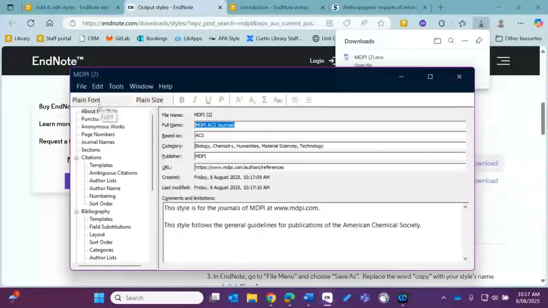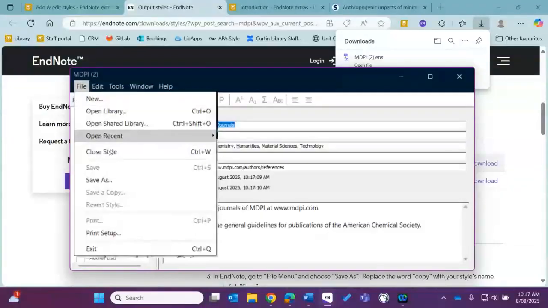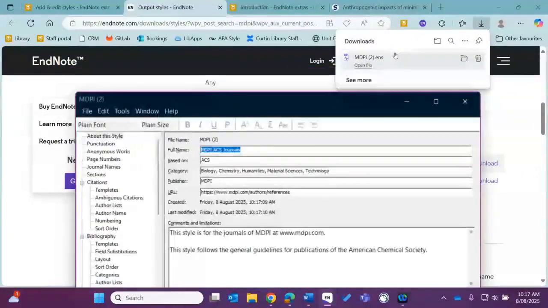To add it to my EndNote, I just go to File and sorry about that, my connection just dropped out. I've just downloaded that style file here,